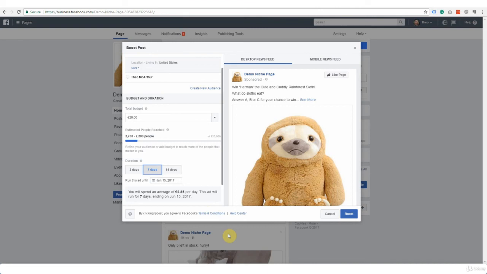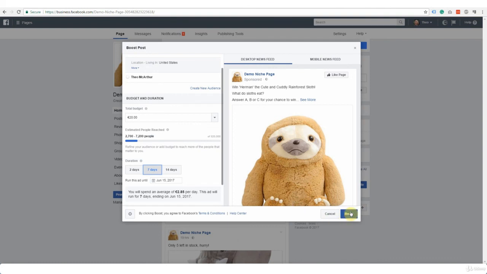There are things Facebook doesn't allow, like certain supplements, anything they consider to be dubious, so anything that's got anything to do with weight loss or any kind of magical results, they don't allow those kinds of things to run. There are other things as well, but some of those would be very obvious. So it's probably a good idea to review those terms and conditions at this stage, and then go ahead and